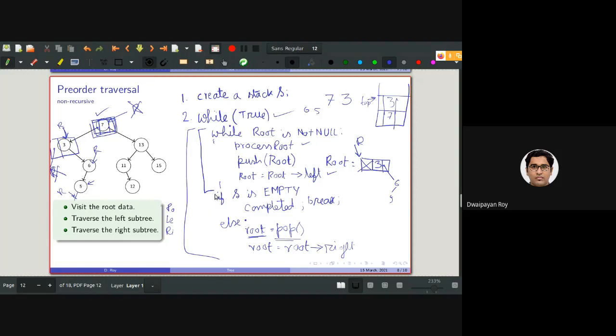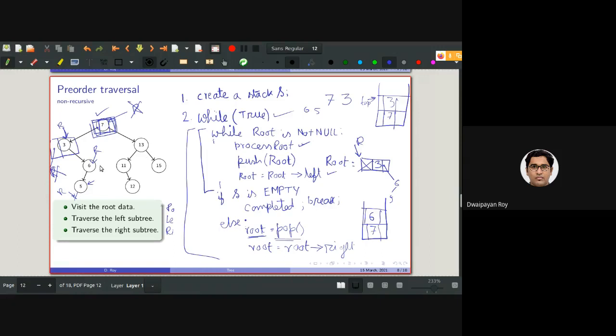Then it is checked that, oh okay, in between, after processing, I need to push the 6 as well. So what would the stack look like? The stack was earlier containing only 7, because we have already popped 3. Now we have processed 6 by this statement. Then we need to push the root, isn't it? So what will be at the top? 6. Very nice.